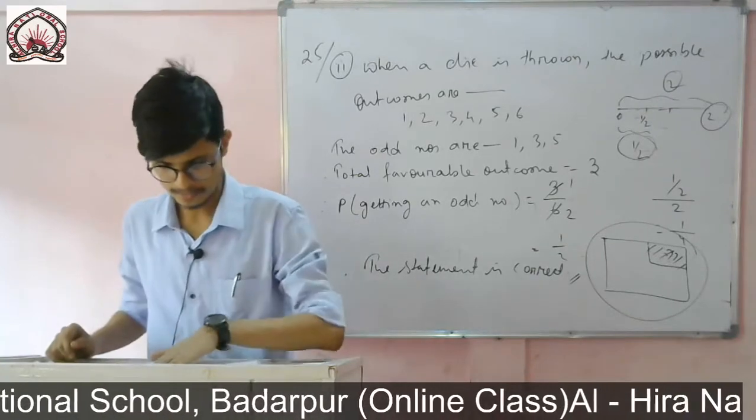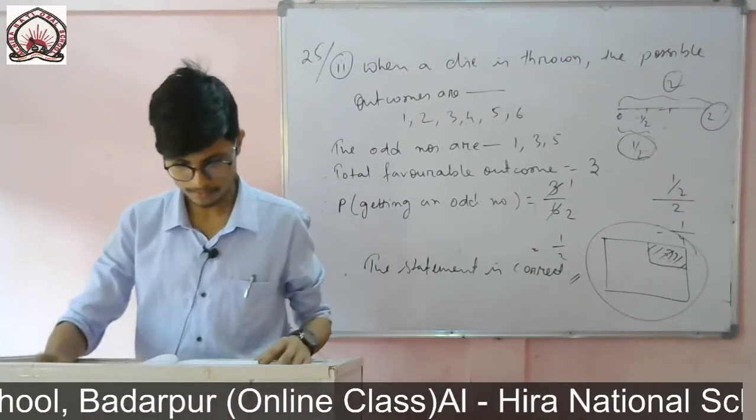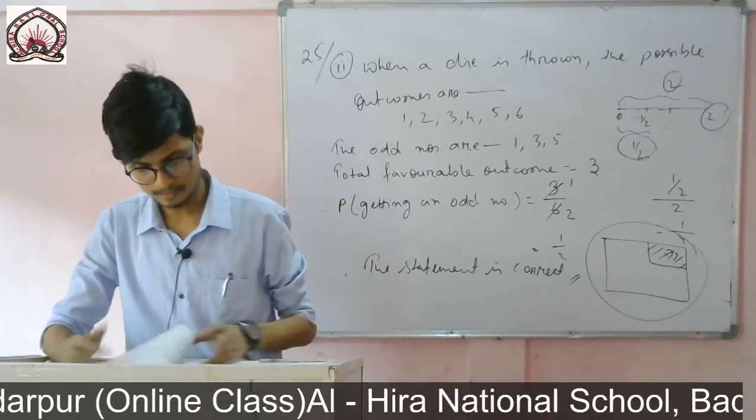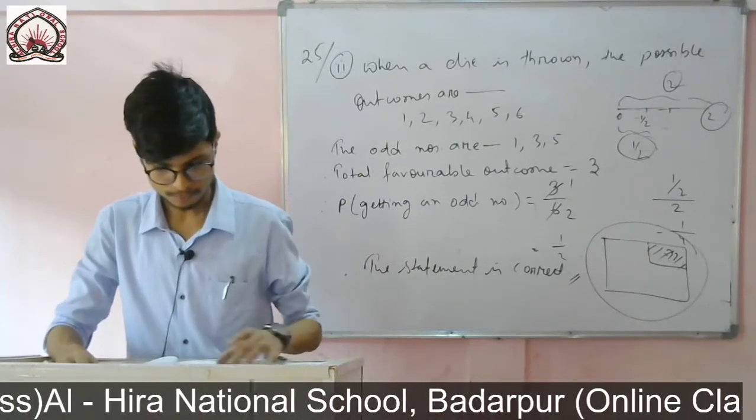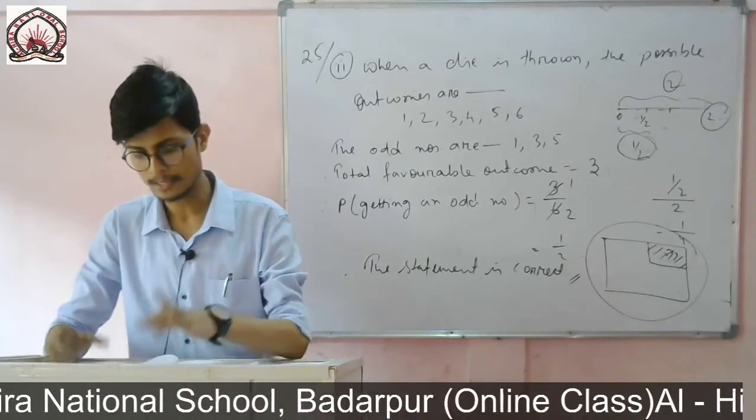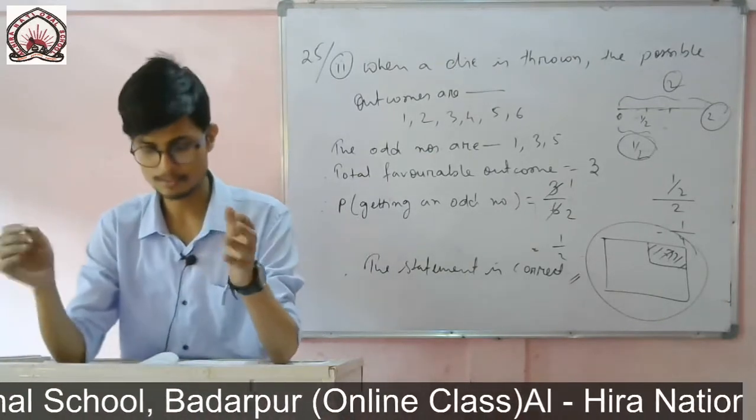Then question number 12. You see it very nice. It is an important question. Question number 13 is also the same. One sum I have done in the same way, which is question number 22. So first part, you know how I have calculated this. I have made the table of all the possible outcomes.